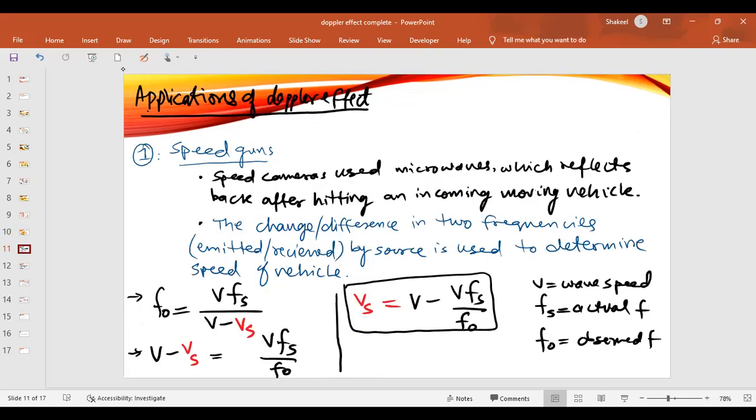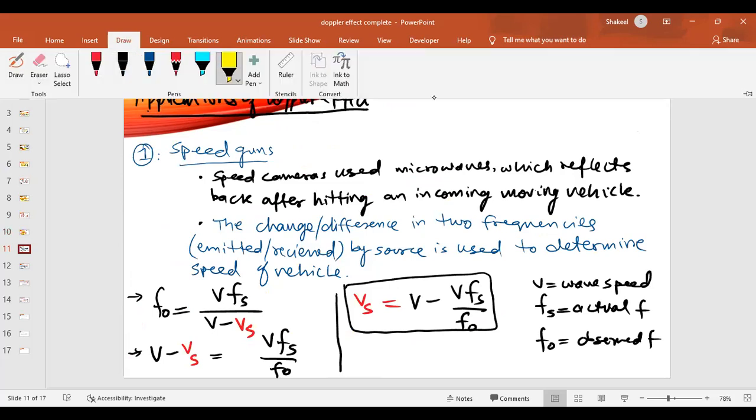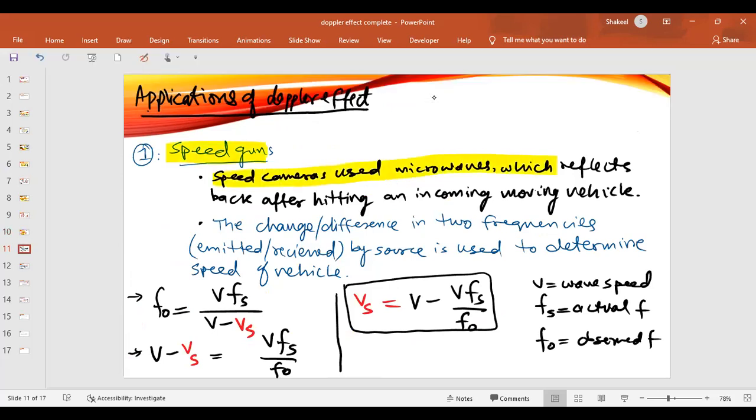Okay, what are the applications of the Doppler effect? The first one is the speed gun. Speed cameras use microwaves which reflect back after hitting an incoming moving vehicle. The difference in the two frequencies, that emitted by the gun and that received by the gun, is used to determine the speed of the vehicle. So if you want to measure the speed of an incoming vehicle, you will be using the Doppler effect, and it is like as the vehicle is